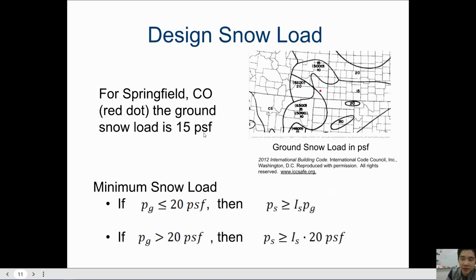Right, so for example, if we wanted to look at Springfield, Colorado, let's say we were building there, we'd find it on the map, and that's what's marked here in the red dot, and we can see that that area has that number 15 marked right there. So this would say that 15 pounds per square foot is the average snowfall, and depending on that, that would be your PG value, and then you can also see that that would also affect